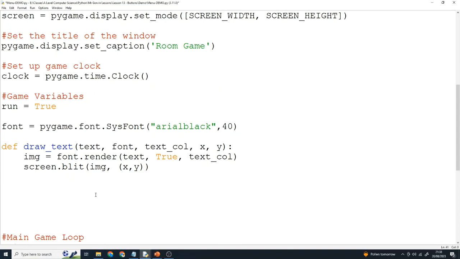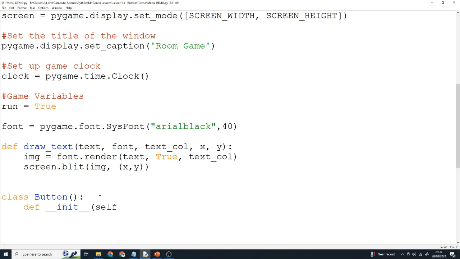Okay, so last lesson we looked at using code to load a sprite image and put it into a sprite and then put it onto the screen. Today we're going to look at how to use it for a button. To do this, we're going to actually create a class for the button. Okay, so we can actually do things with it, like click on it and draw it and lots of things. Okay, so I'm going to create a new class here called class button. Okay, and all classes have got to have a constructor class method inside. So def __init__ as we do normally, and we're going to pass some